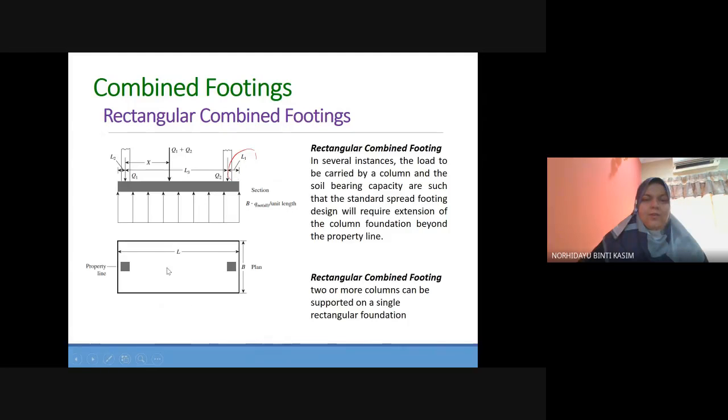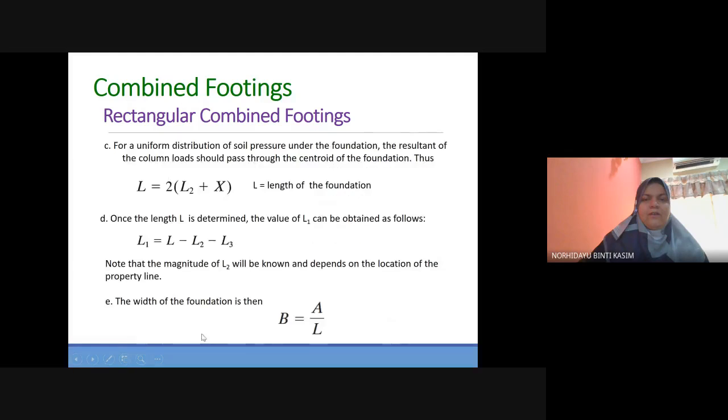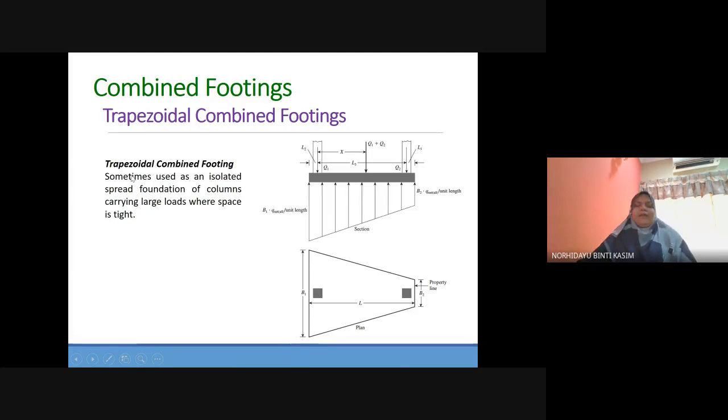L1 equals L minus L2 here, and L3. You can get L1, right? The width of the foundation is equal to B. B is the width of the foundation, equal to A, the area, over L, the length of the foundation, right? Okay, so then we move to